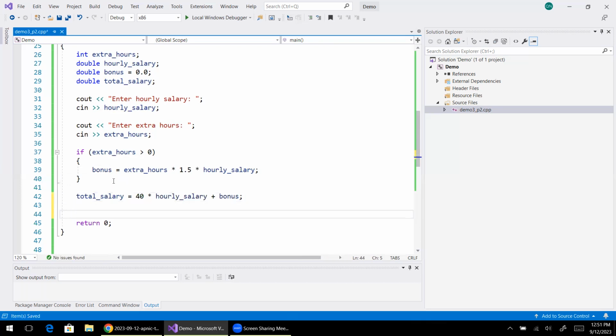And then we can display that total salary is